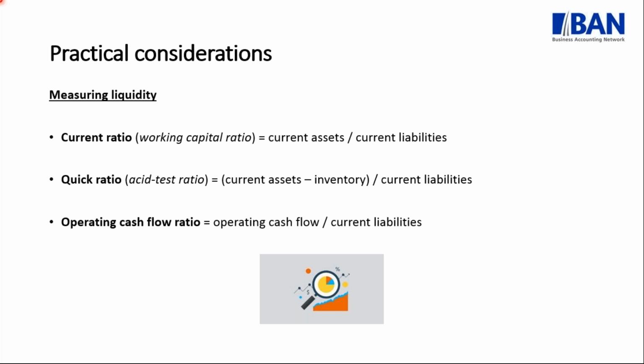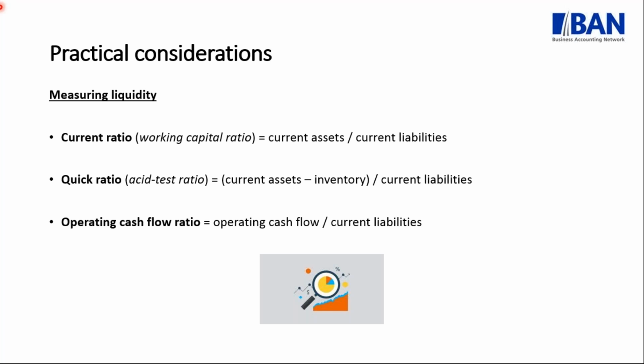So your quick ratio gives you a much more accurate, a much truer picture of the liquidity of your business. Just be careful, if it does start to dip below 1, it's very important that you try and fix it as quickly as possible and get the liquidity in your business to a much better state. Because if you aren't able to pay your short-term obligations on time, it puts your business at a lot of risk. If you don't pay a creditor, they have the ability to apply for liquidation of your business. So it's important to pay your creditors and also pay them on time. And that's where liquidity is so vital.